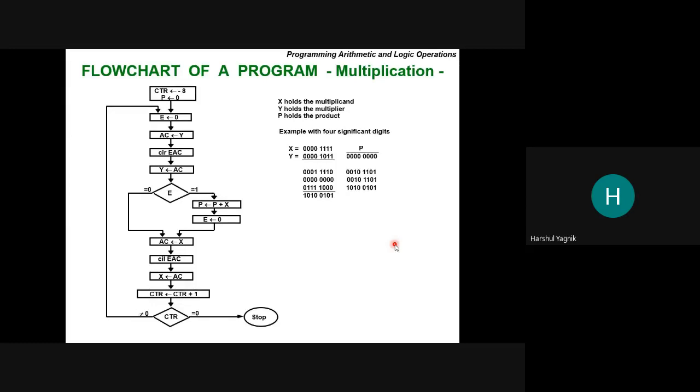Okay, 2 students, 3, 4. Okay, most of them have written yes, right? Okay, so I don't think it is needed to repeat over here.